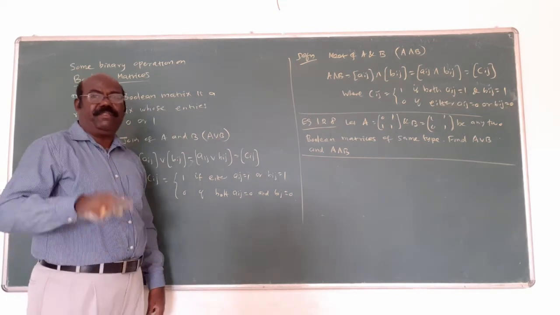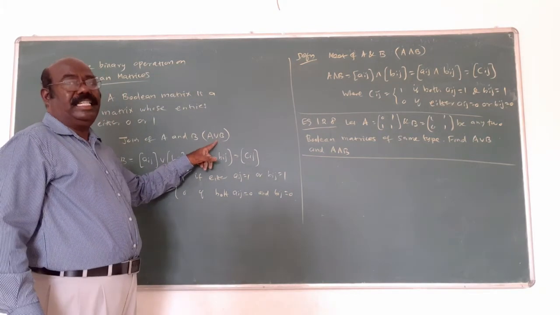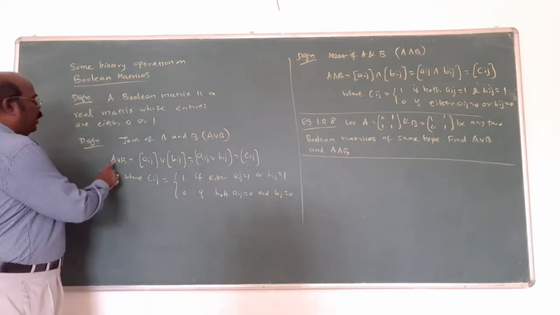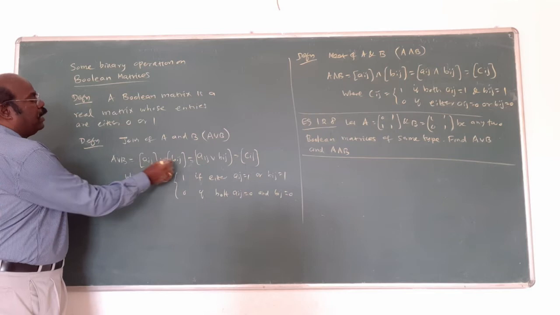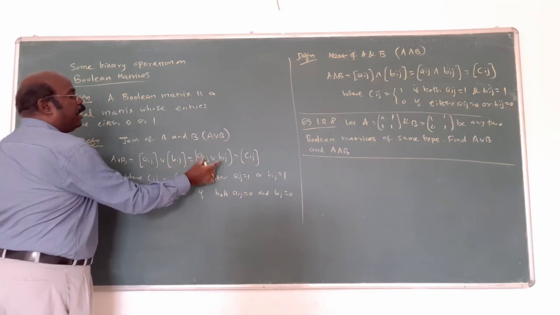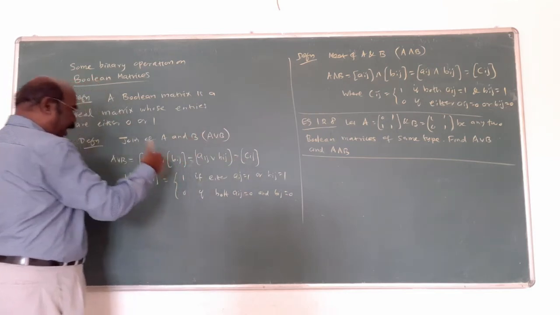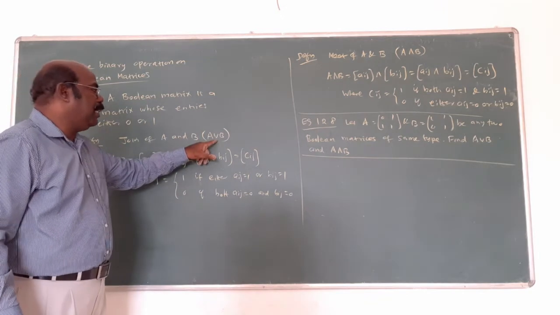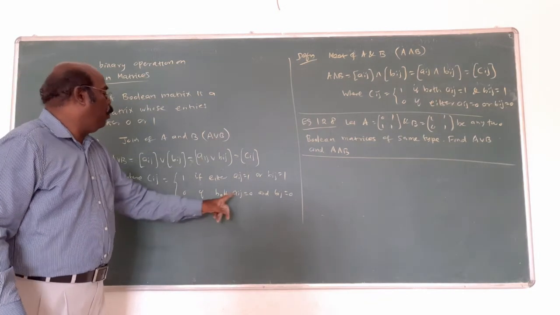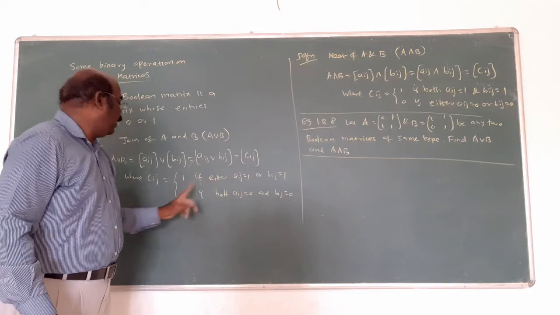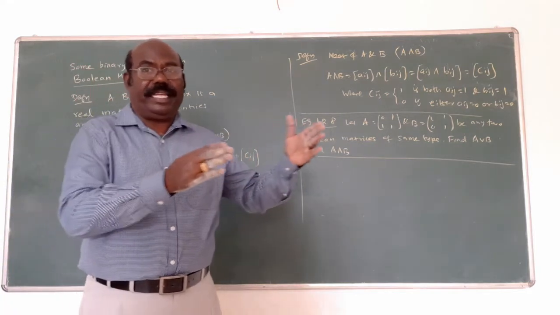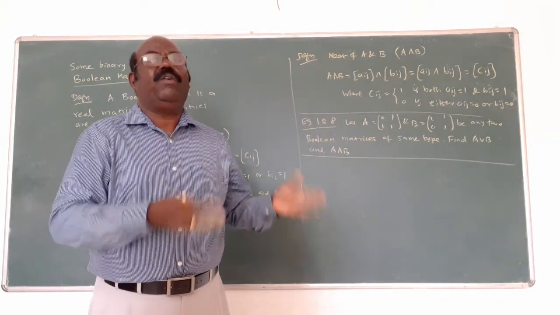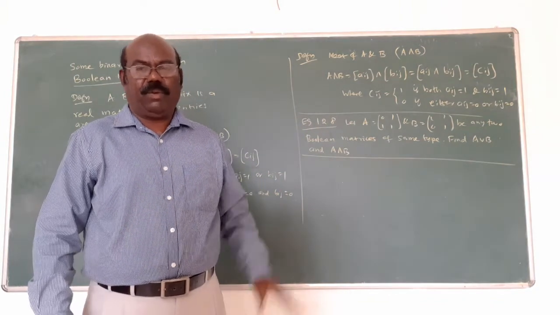T, F. That area. This is called disjunction sign. What is the formula? A disjunction B equal to first matrix, second matrix, combined together. The symbols involved: both 0 means 0, remaining quantity 1. There F, T and F are involved. But here 1 and 0 are involved. That's all. 1 and 0.